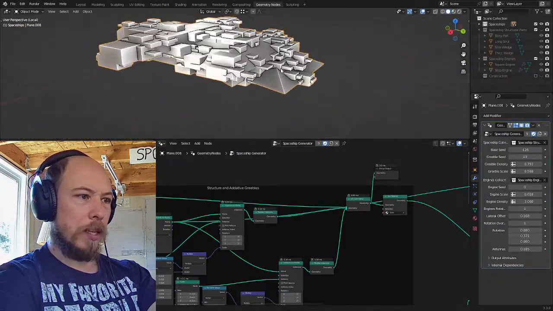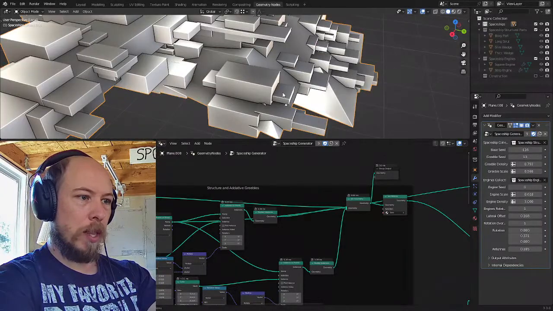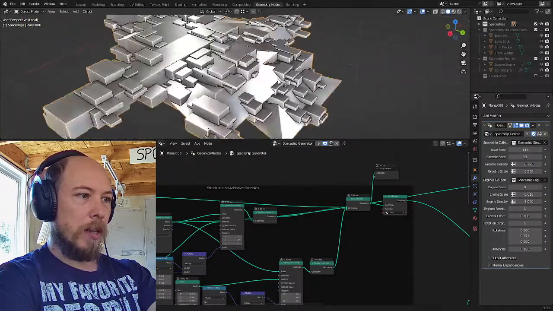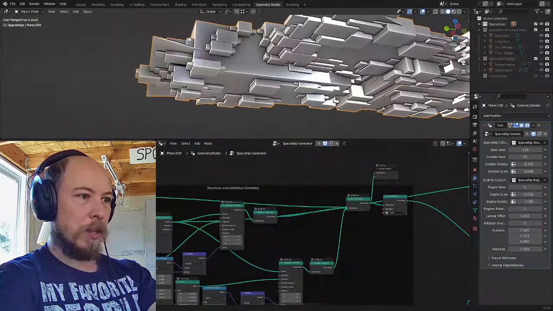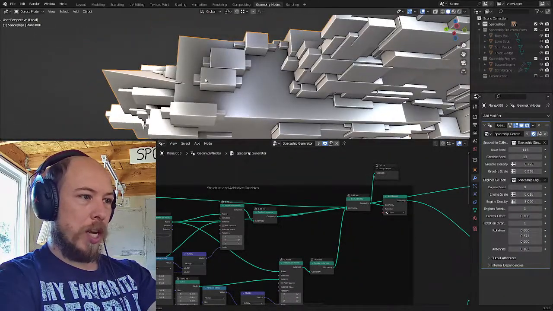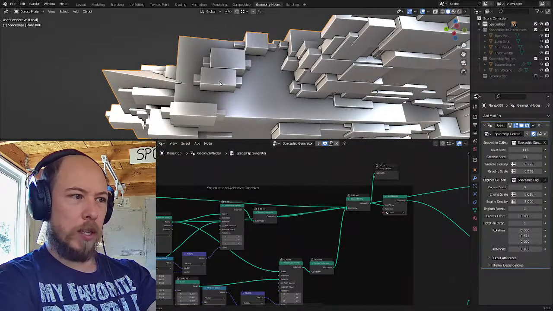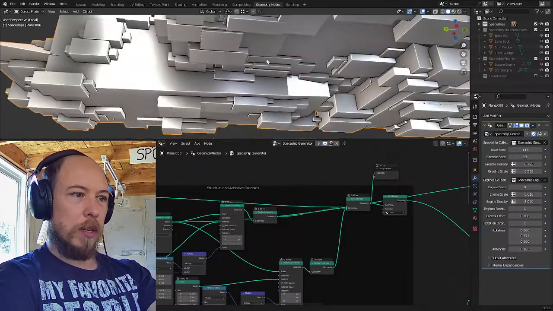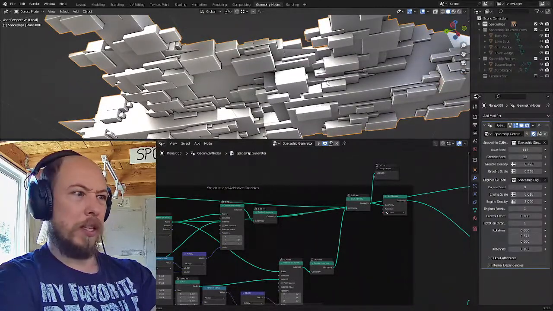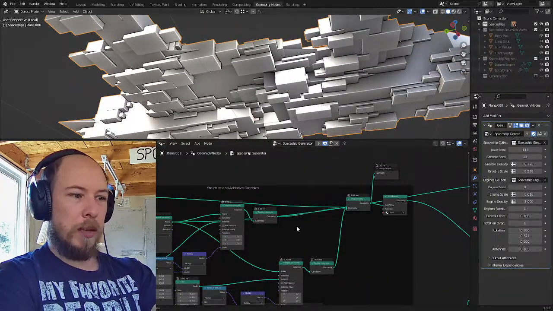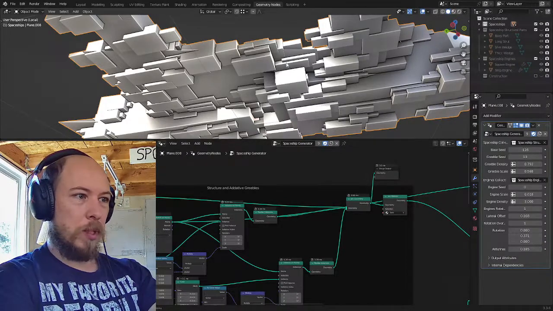So you've got this tall one and then this long one. I might be able to make those wider. I don't know, it looks all right. So you've got these kinds of shapes, right? With the tall ones and long ones and tall ones and long ones. So it makes it look a little bit more designed as opposed to just having a bunch of cubes everywhere. And we could add more of these,